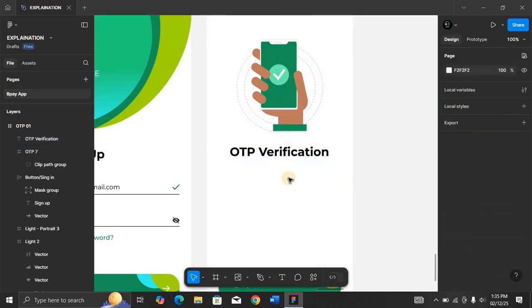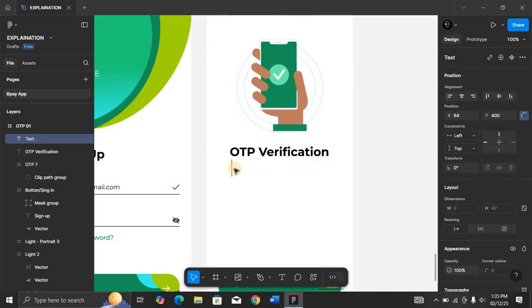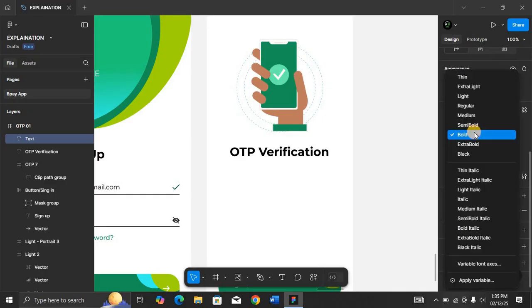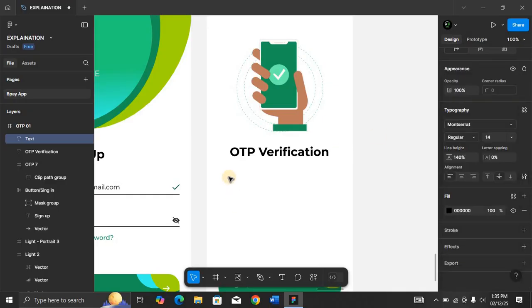Yeah, this is something like this by pressing T again. So we have a text followed by, let me change this back to 14 and regular. Yes, regular. So then I will have, we'll send